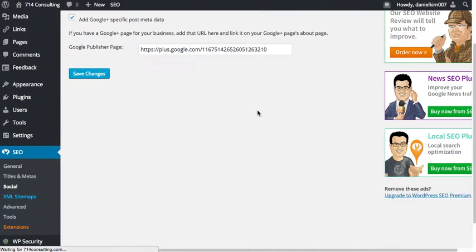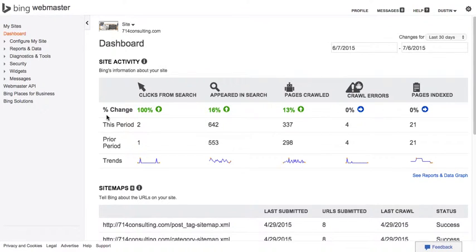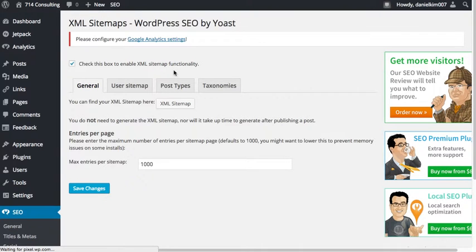XML sitemaps. The next thing we have to do is go into the XML sitemap data. We have to put all of these sitemaps into Bing, Google Webmaster Tools, and then Yandex as well. These guys need to have our sitemaps in there. If they don't have our sitemaps in there, they will not necessarily crawl all of our information. So inside of here, we're going to look inside of My Sites. This thing is still bringing up the XML site data. We're going to check this box to enable XML site functionality, press save, and then we're going to go to